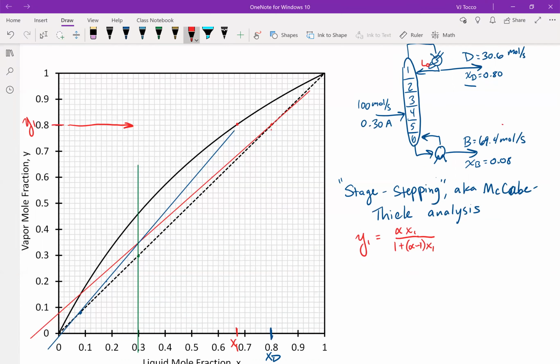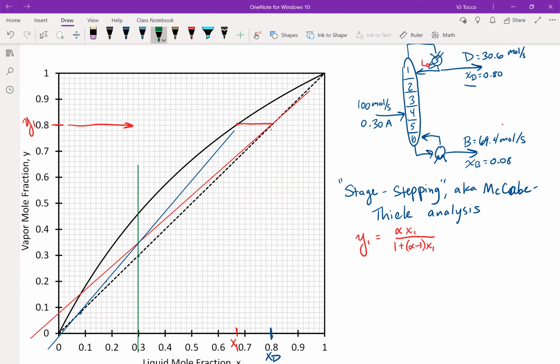Okay, so I can connect these two with a straight line. That's a straight horizontal line corresponding to solving the equilibrium equation for the X coordinate from the stage above. And in this case, that's the product stream. All right, the next step is going to be, since I now know what X1 is, I can now solve